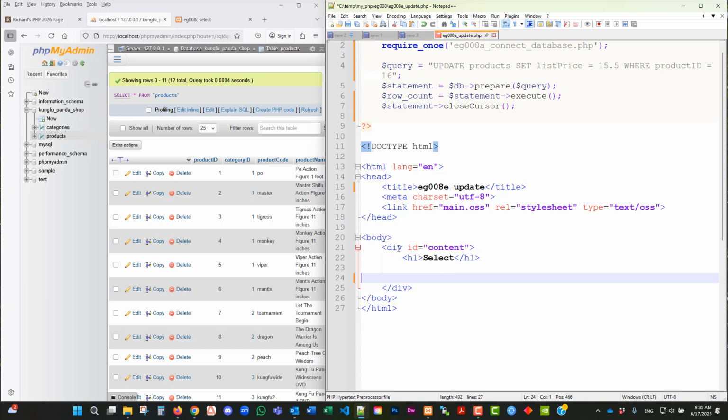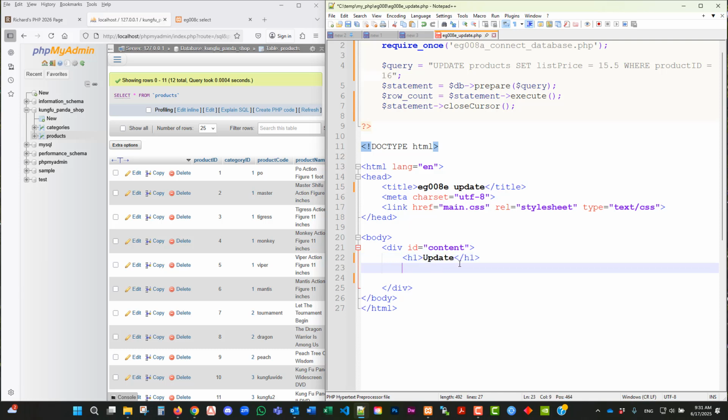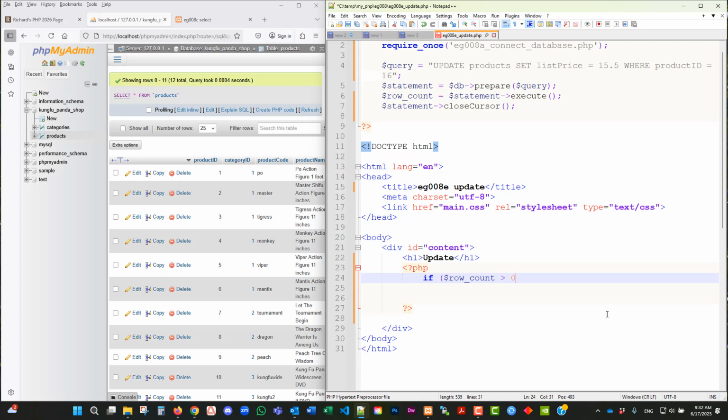So now you have the content, and then you have the end of the div, and then you have this, you do update. And here we want to see how many rows is updated. So you say PHP. And then you say if the row count, which is this variable, bigger than 0,